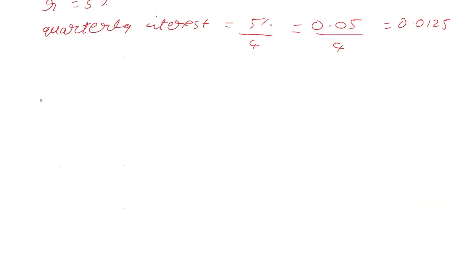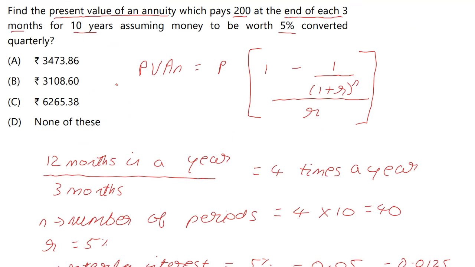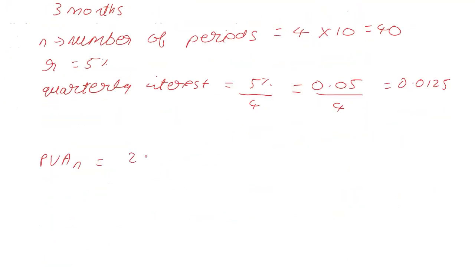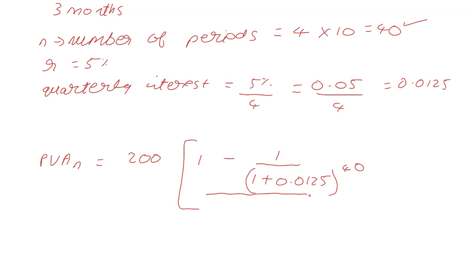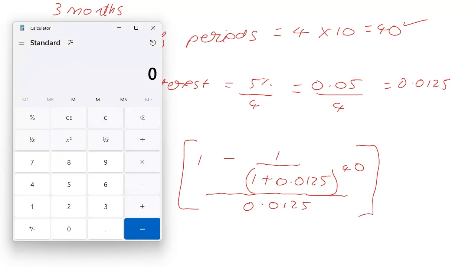So I'm going to do it downstairs over here. The present value of the annuity is equal to the periodic payment that we are receiving, which is 200, in bracket 1 minus 1 upon 1 plus r, and in our case it is 0.0125, raised to the power of n, the number of payments, 40, divided by r, which is 0.0125. Okay, and when you want to solve this on a calculator, first we can do 1 plus